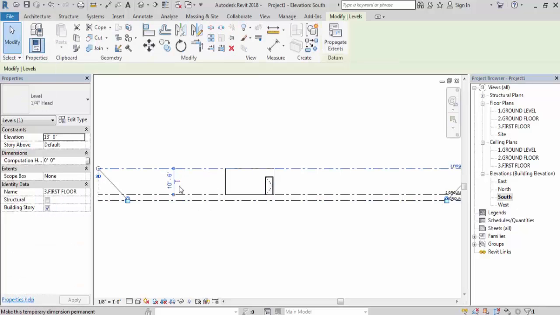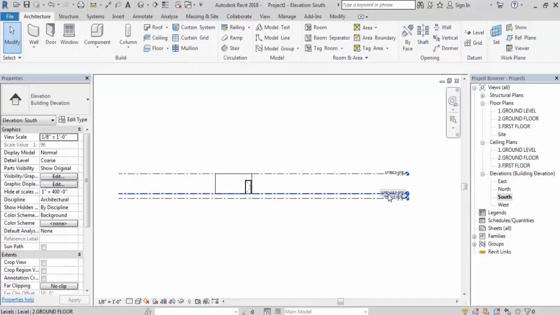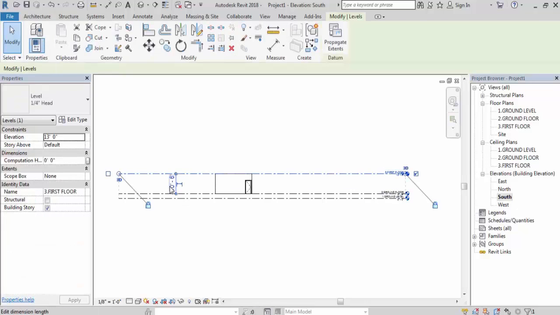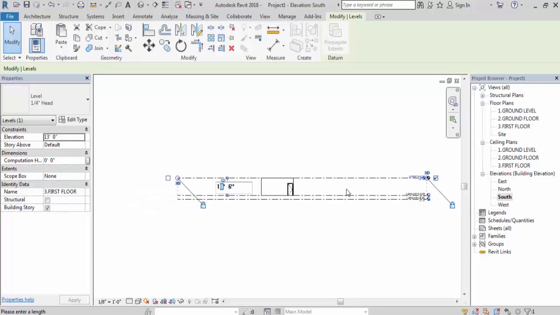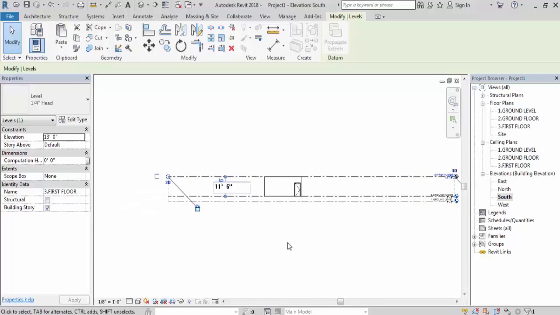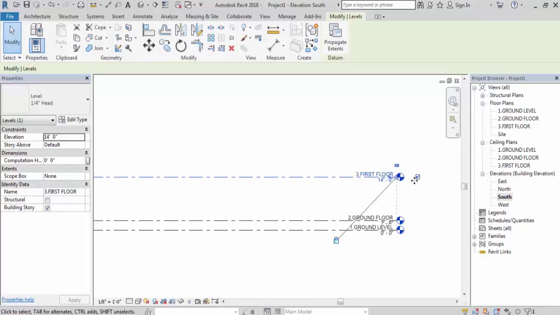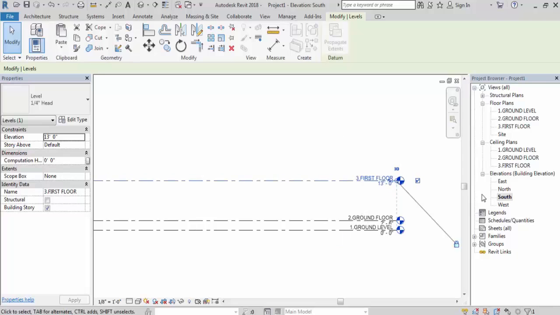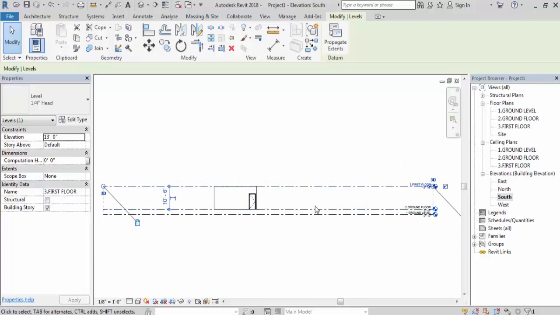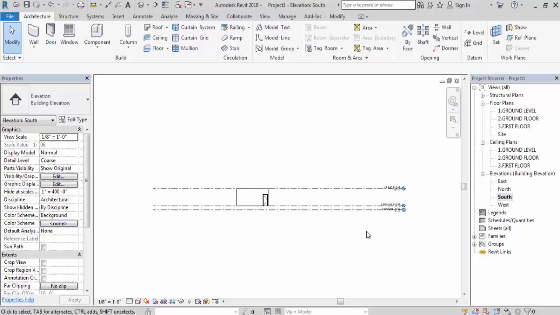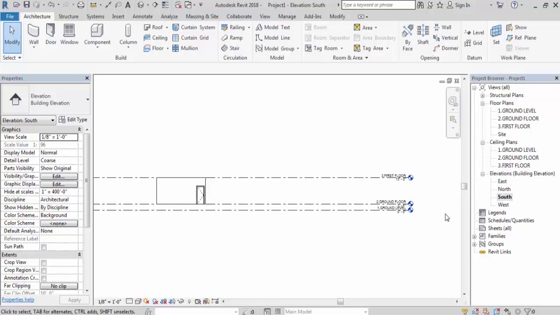Click here. Now building height is 10 feet and 6 inch here. So we have created this building height or wall height or floor height 10 feet and 6 inch. You can change this: now this is 13 feet first floor level, change it to 11 feet and 6 inch. Now you can see the first floor height has changed to 14 feet. Now if I change this to 13 feet first floor level, then the building height also changes to 10 feet and 6 inch. So hope you understand why level is important, why we have to work according to level in Revit.